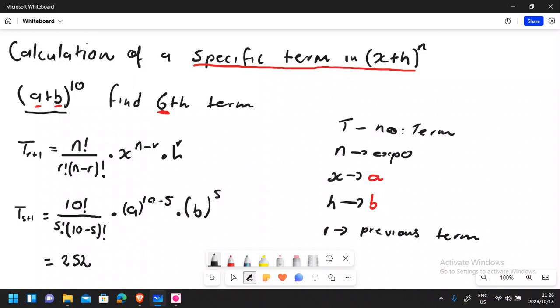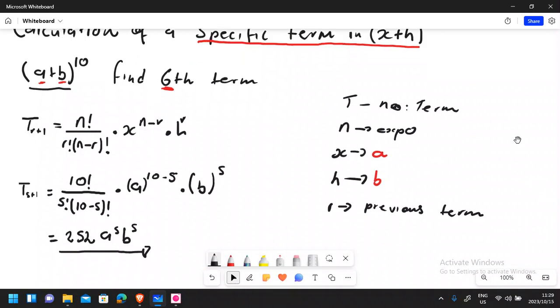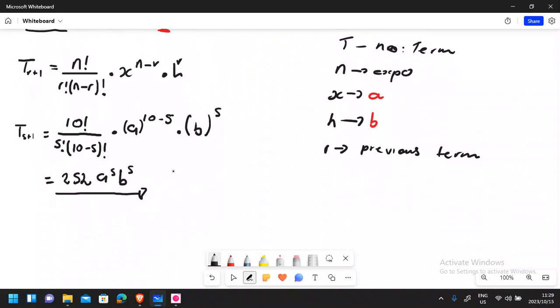Now let's look at a. So what is a? When you look at the exponent there, it's going to be 10 minus 5, so it's going to be a to the power of 5. And then b is going to be b to the power of 5. So this, guys, this is actually the sixth term